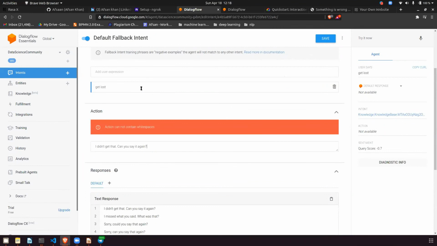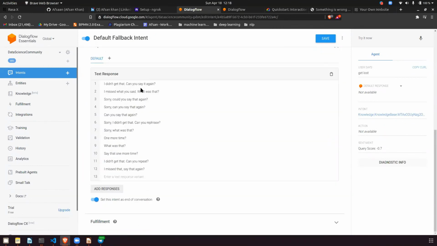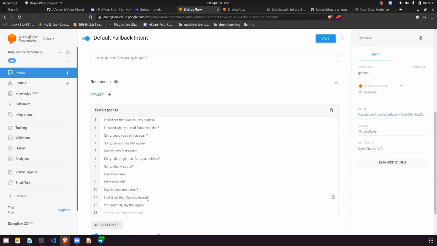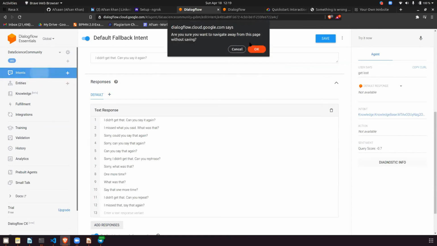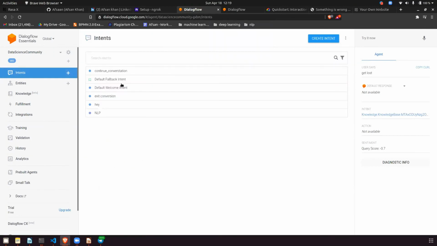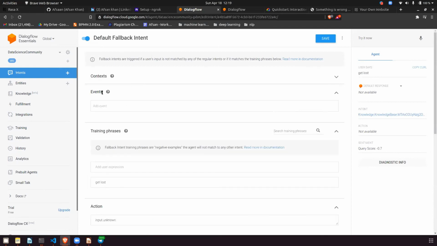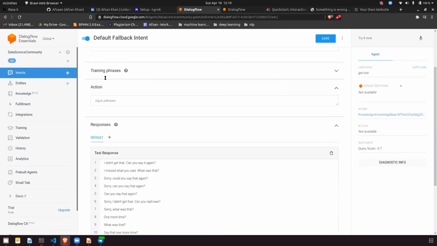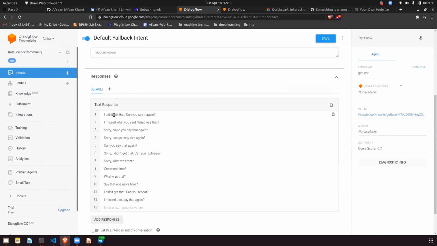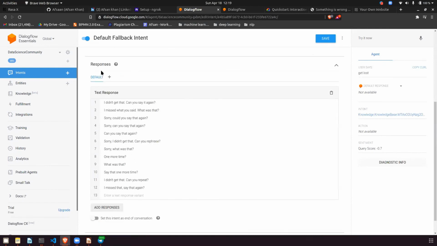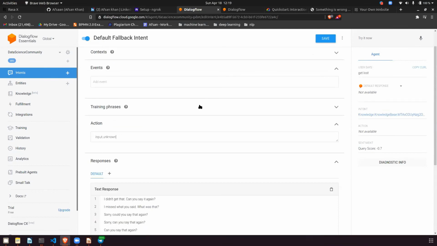So basically what you have to do is define the callback also. As you can see here also, you have to define the callback. Okay, but I will just find out how to do that. In Rasa I know how to do it. In this default welcome intent, context, event, training phase. Let's click on event, training phase. So I hope you got the basic logic of what I'm trying to say.